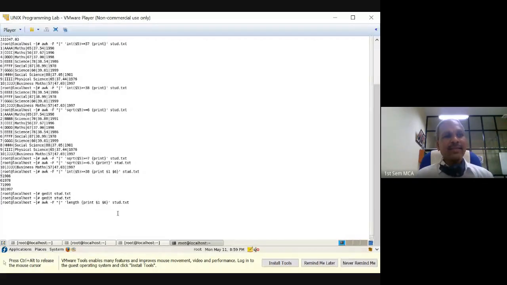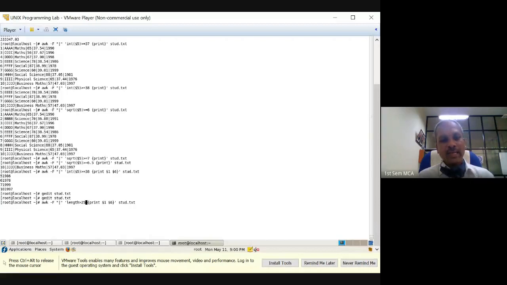So length means it takes the entire line. So our range is 20 to 37. So what I will do now, I will give a condition. Wherever length is greater than 25, display. So there will be out of 10, all will not be having more than 25. Maybe some 3, 4 or 5, 6 will be there. Let us see what output we are going to get.